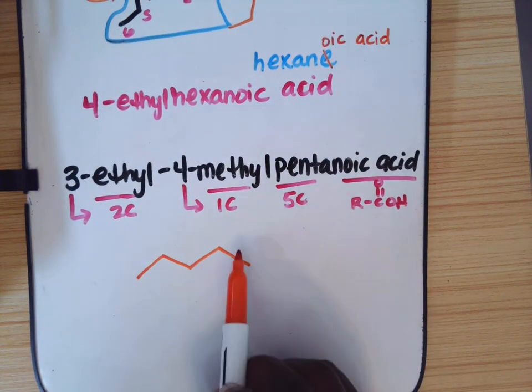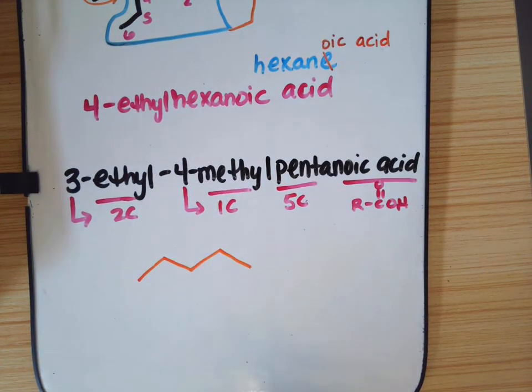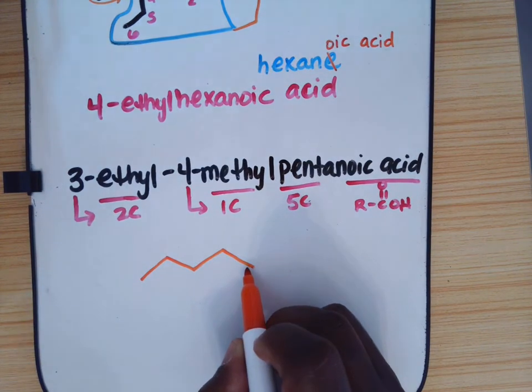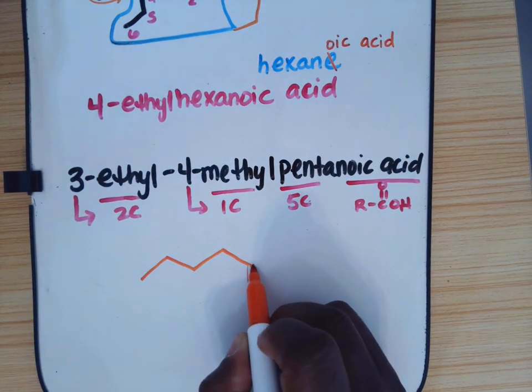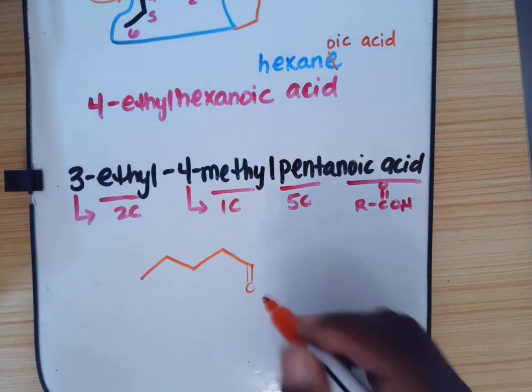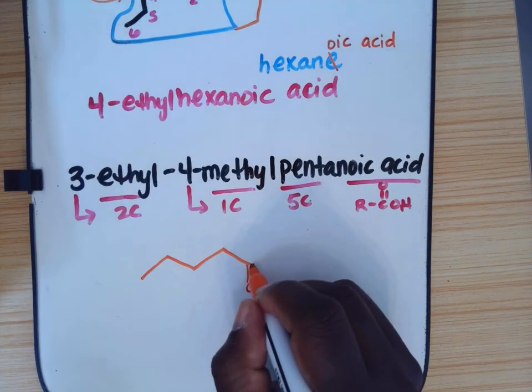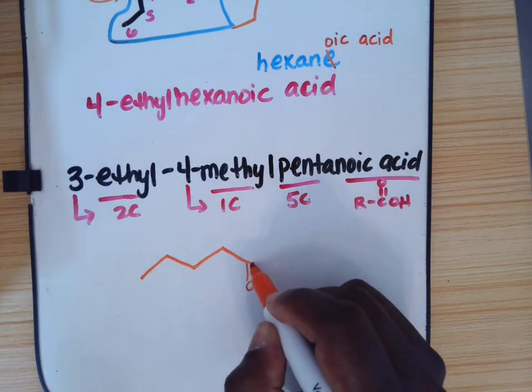So even though I called this carbon 5, that doesn't mean that it's truly carbon 5 because I haven't added anything yet. And so I have my 5 carbons because I know that my longest continuous chain of carbon atoms must contain 5 carbon atoms in a chain. From there, I need to add my functional group. So I'm going to make this carbon the carbon of my carbonyl. In order to make it a carboxylic acid, I need, in addition to that carbonyl, an OH group